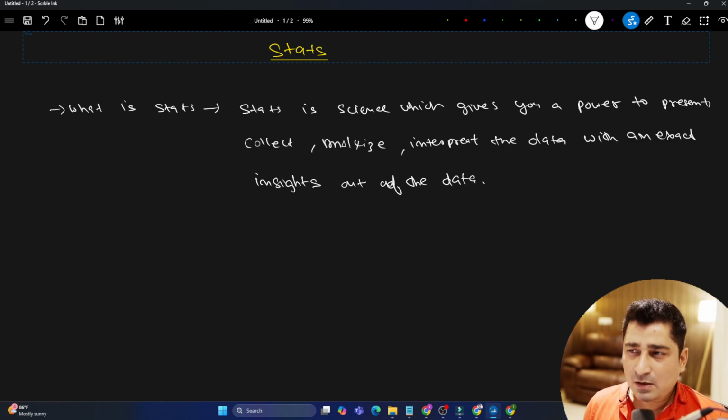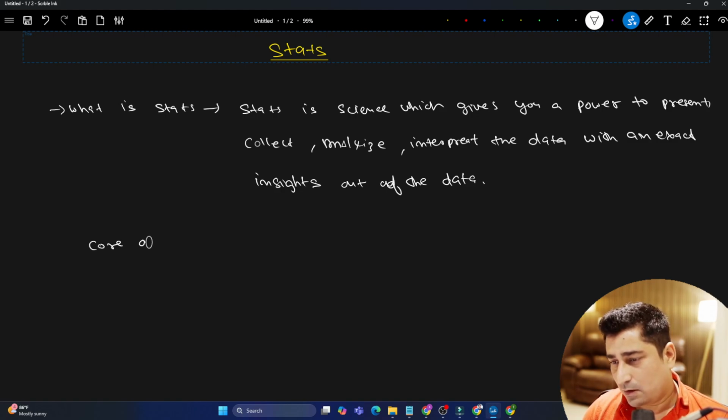Now, what is the core objective of statistics basically? Especially with respect to our data science, I'm going to talk about statistics. Again, I can talk about statistics with respect to other domains as well, but here I don't want to talk about this statistical concept with respect to something else. We'll try to focus everything inside statistics with respect to data science. It itself is a very, very big domain, a very big field that you will be able to find out. So if I'm going to talk about the core objective